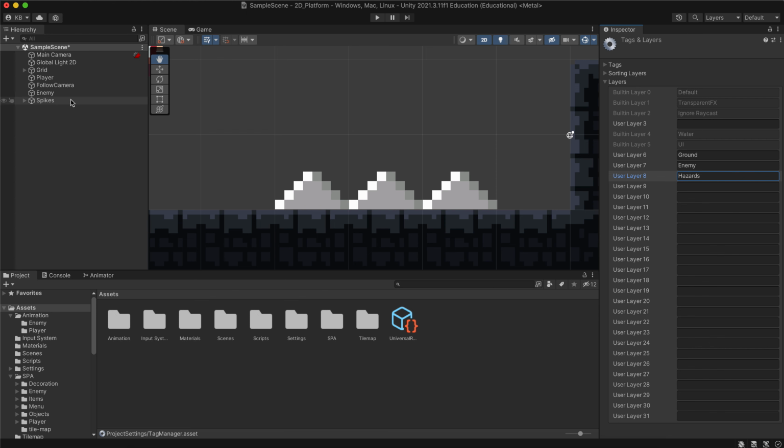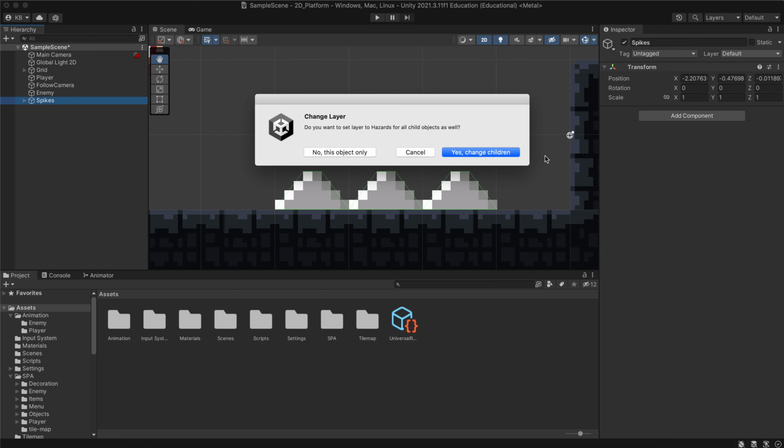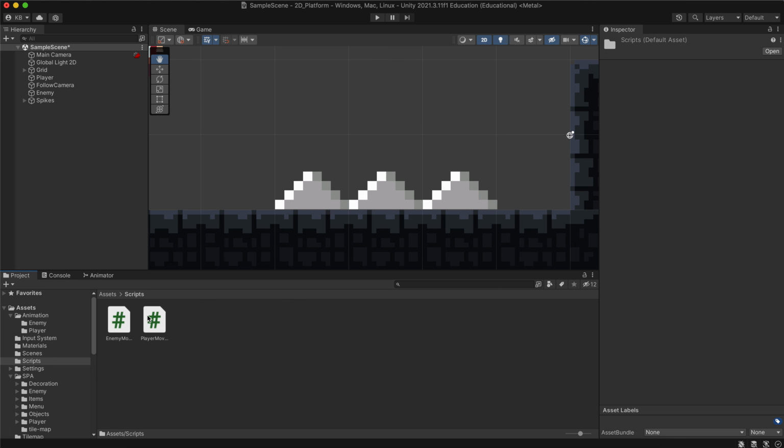So we go to hazards, click on spikes, and then we can just go to the layer of hazards. Lovely. And yes, change children as well. So each of these will talk to each other down here as the parents of the child. Cool, lovely. So next thing we're going to do, we're going to quickly jump back into our player movement script